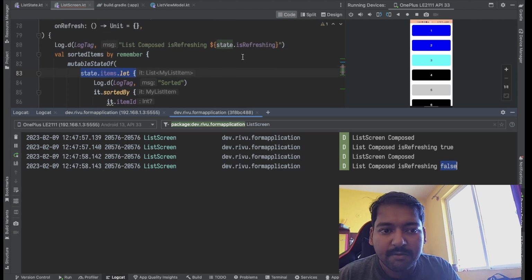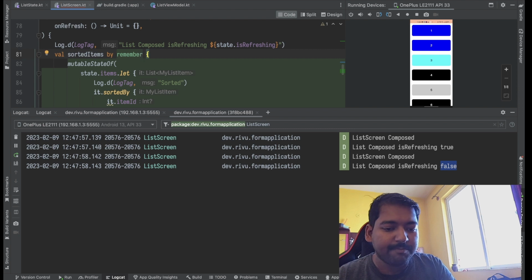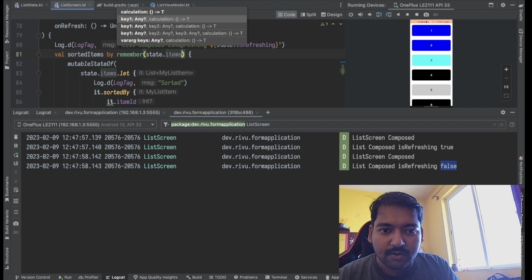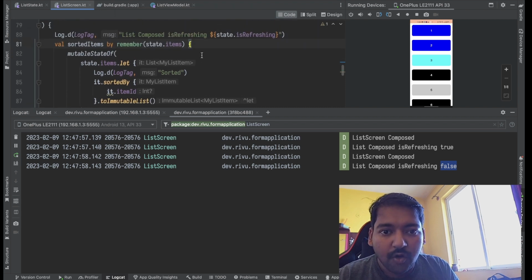As I said, remember uses memoization. So you can pass a key to remember, and based on that, remember will use memoization to remember the values. If you pass this, remember will execute this block only when this is changed, exactly what we want. So if we run now,